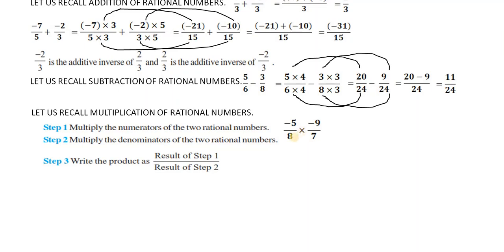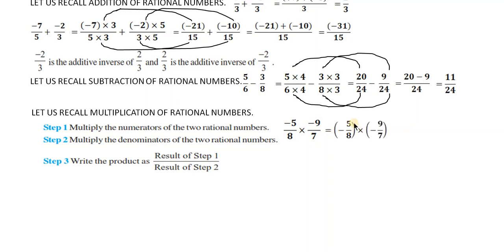So now the rule is, as I said, the working rule. You know why you are doing it like that; those things you have learnt in grade 7 in depth. So we are going by the working rule of multiplication of rational numbers. What does it say? First you will have to multiply the signs of the two. What is the sign of this rational number? Both are negative, because the numerator is negative and the denominator is positive, which means this is a negative rational number. Here also the same case.